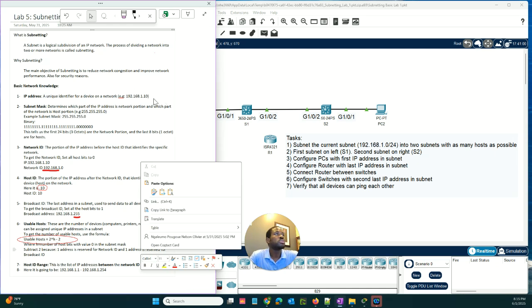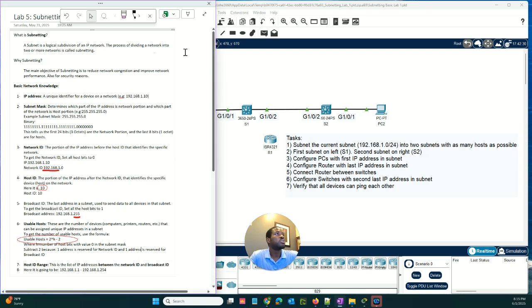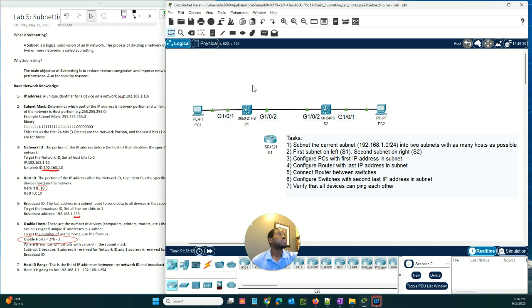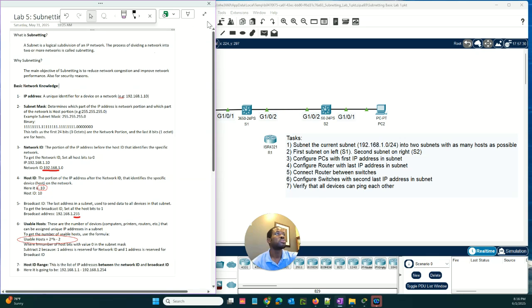Today we are going to do subnetting. So we go over what's the definition of subnetting and basic knowledge we need to have in order to do subnetting. And after that, we're going to subnet a lab. We have this lab. This entire topology is in one network currently. We're going to divide it into two networks, as you can see in the task here. So we're going to perform that. But first of all, let's go to what